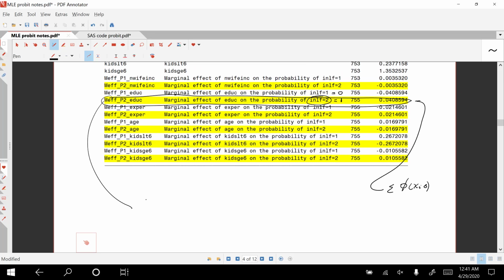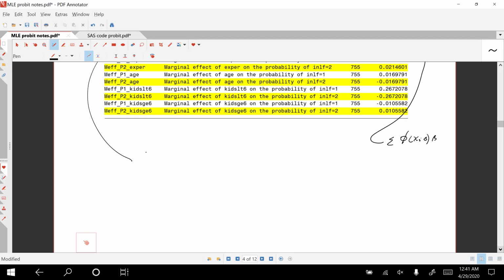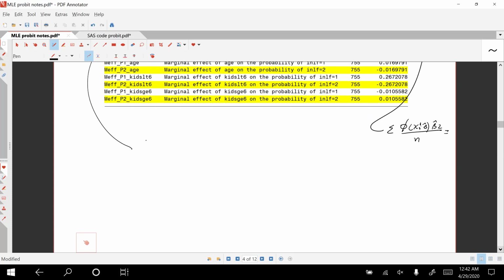So this coefficient is going to take this derivative times beta 2 over n. So beta is the vector of all the coefficients, and beta 2 is the specific coefficient for the specific variable that we're interested in. So we're interested in the effect on the probability with respect to education, which we call x2, and we're finding that average